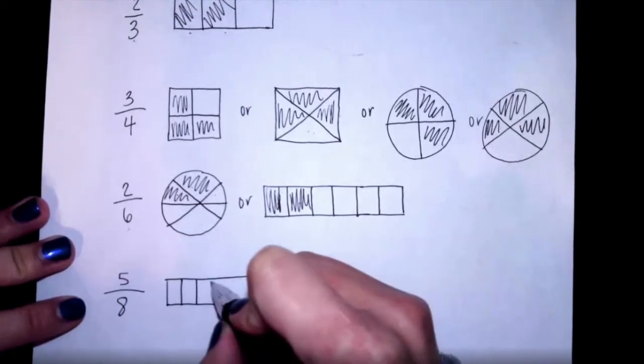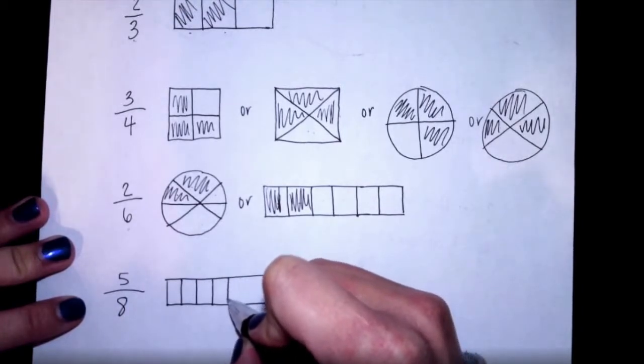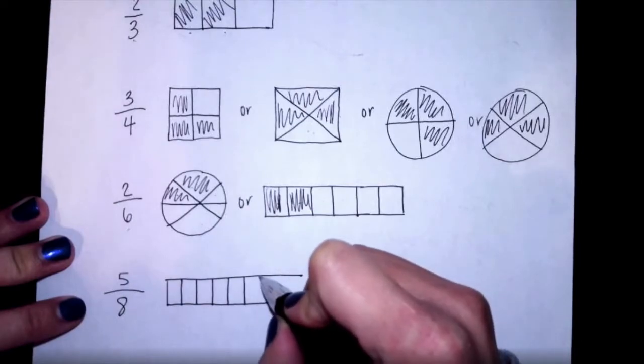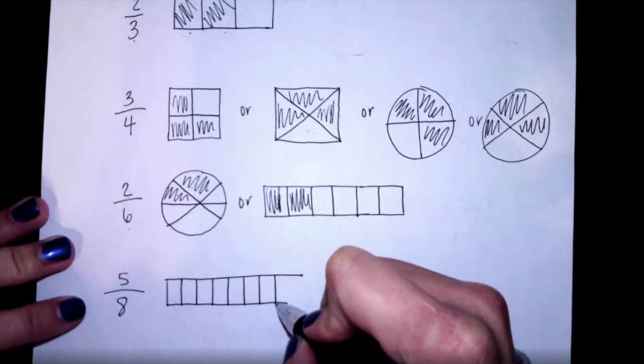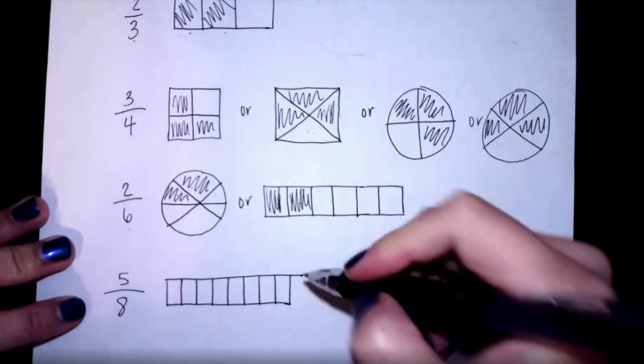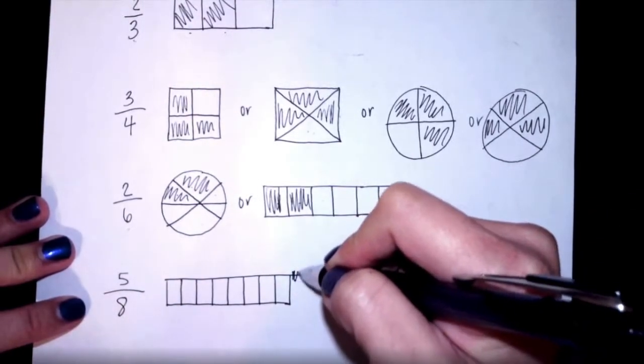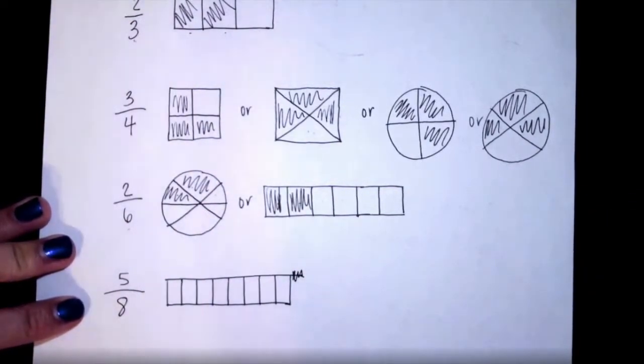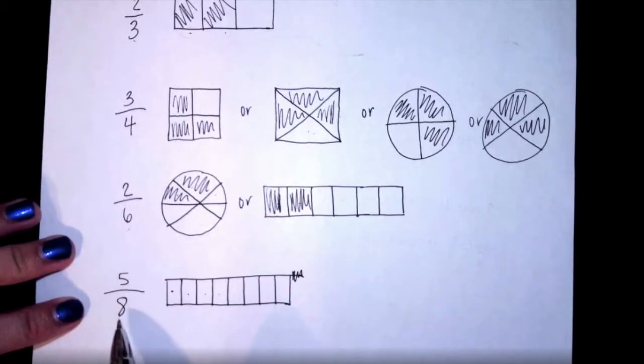One, 2, 3, 4, 5, 6, 7, 8. Okay, I drew my line a little bit long, so pretend that's not there. So I have 1, 2, 3, 4, 5, 6, 7, 8 sections of my whole entire rectangle